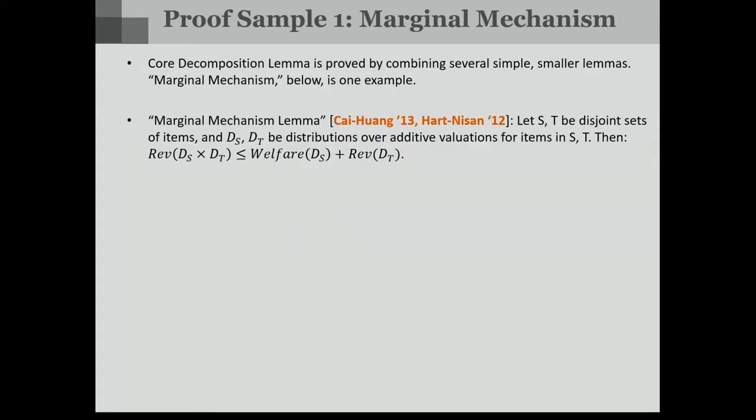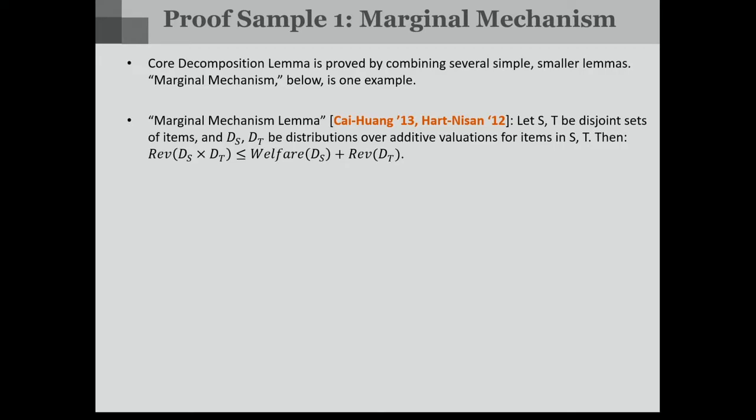Okay, so one of the key lemmas that goes into this core decomposition lemma is what's called the Marginal Mechanism lemma, and it appeared in Cai and Huang's work and also Hart and Nisan. So it's not our lemma, but I think it's a good sample of the kind of techniques that go into proving this. Okay, and so what this lemma says is that if you have two disjoint sets of items, and